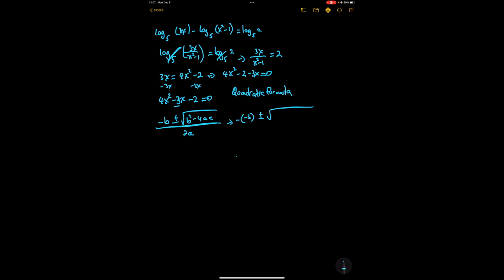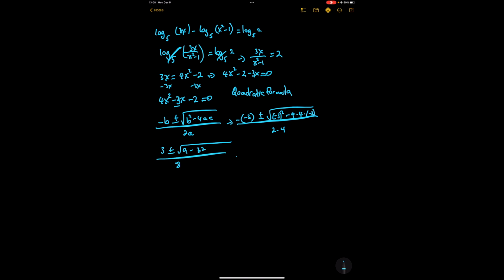It's going to be negative 3 squared minus 4 times a is 4 times c is negative 2 over 2a, 2 times 4. So I get 3 plus or minus, I have a 9 minus negative 4 times negative 2 is positive 8. Positive 8 times 4 is 32